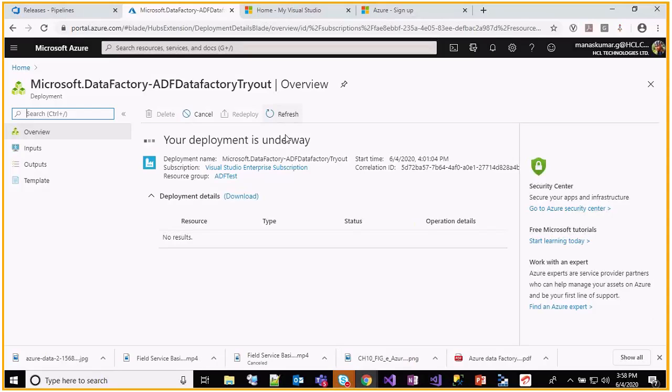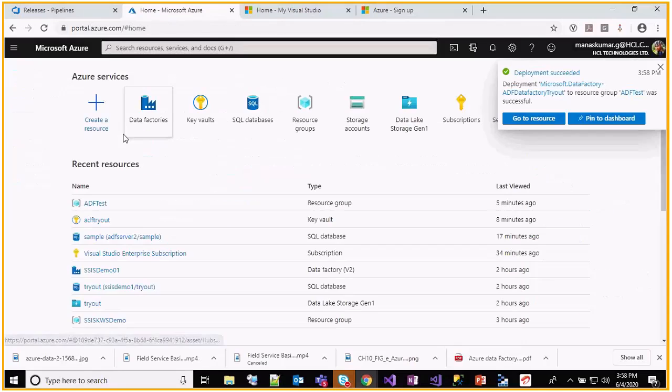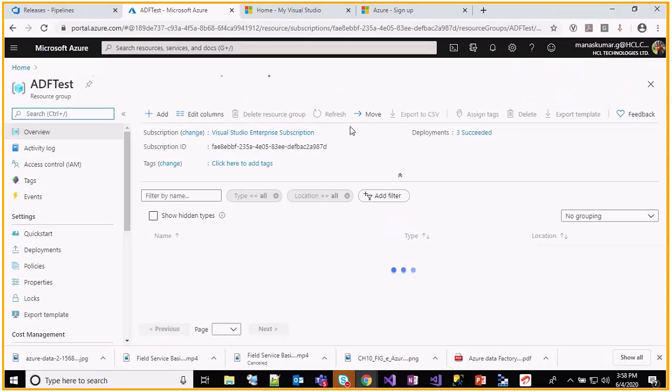So the deployment is on the way. The data factory is being created for you. Yes, deployment is completed and my data factory is available as part of that resource group.